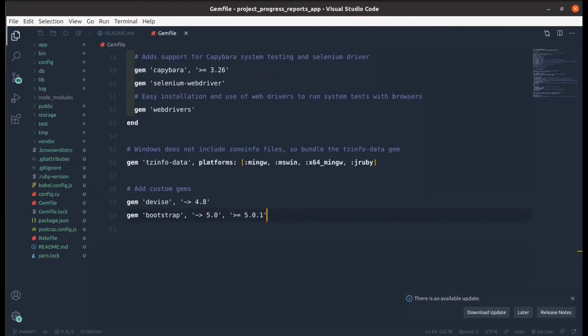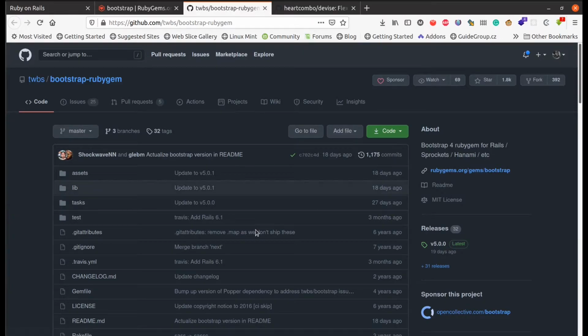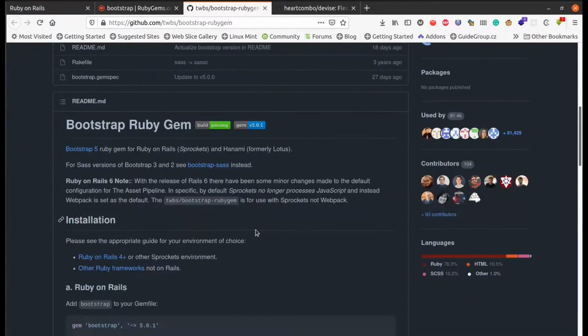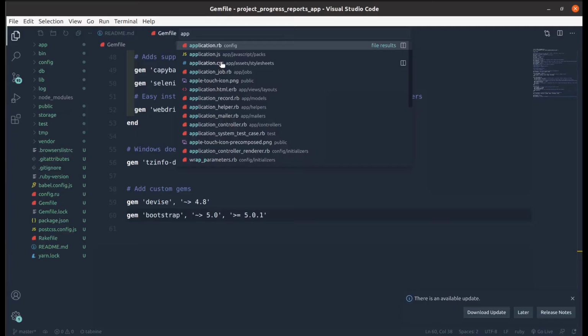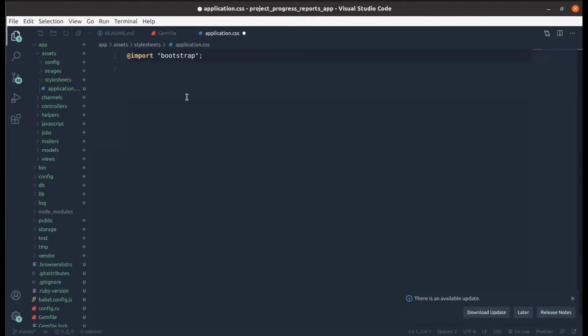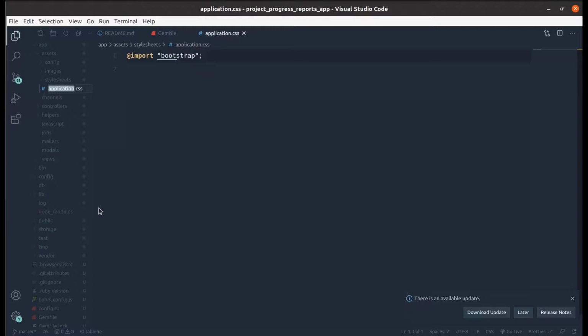So let's go in the terminal and run bundle. Okay, so in the Bootstrap documentation, to add and configure it, we have to add the import to the application.css and also rename our application to .scss. So after that,